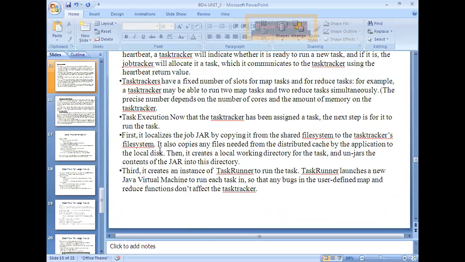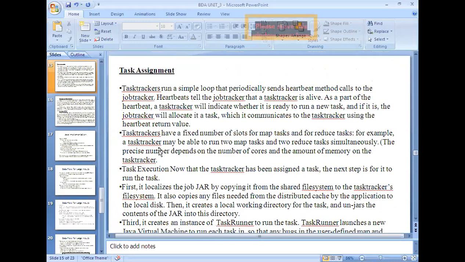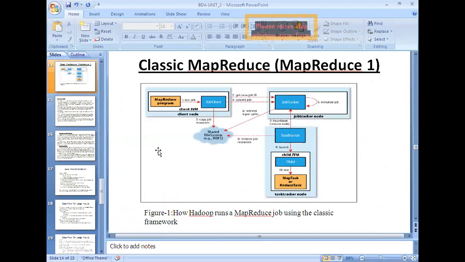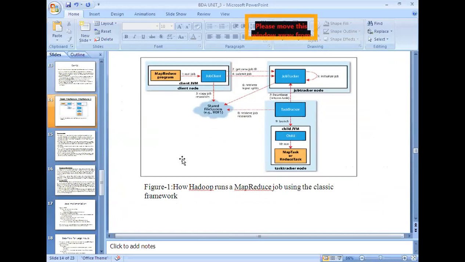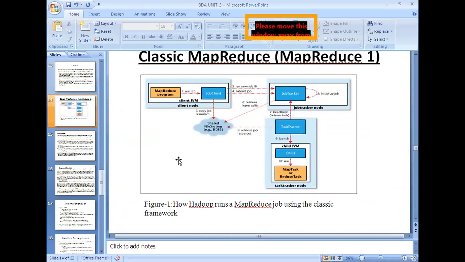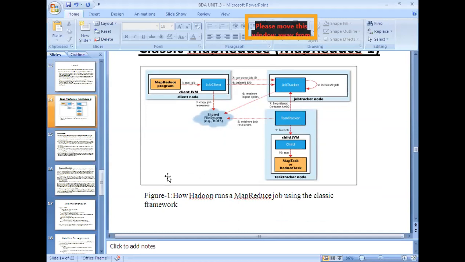This is about the classic MapReduce framework. The remaining part, that is progress, status, and completion, will be discussed in the next class, and other API formats will also be discussed in the next class.